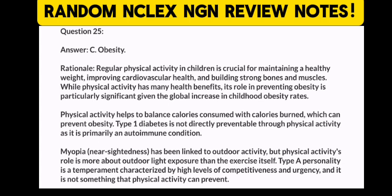building strong bones and muscles. While physical activity has many health benefits, its role in preventing obesity is particularly significant given the global increase in childhood obesity rates. Physical activity helps to balance calories consumed with calories burned, which can prevent obesity. Type 1 diabetes is not directly preventable through physical activity, as it is primarily an autoimmune condition. Myopia, nearsightedness, has been linked to outdoor activity, but physical activities